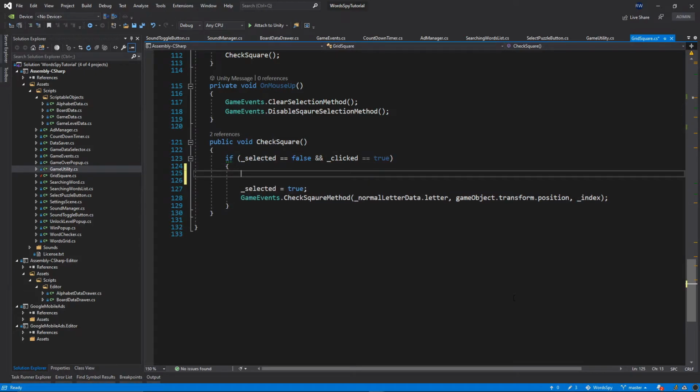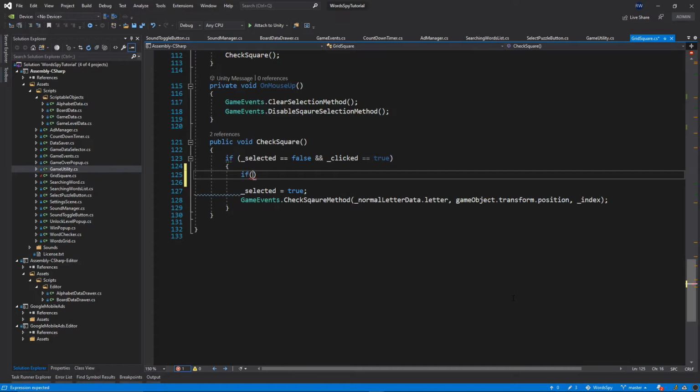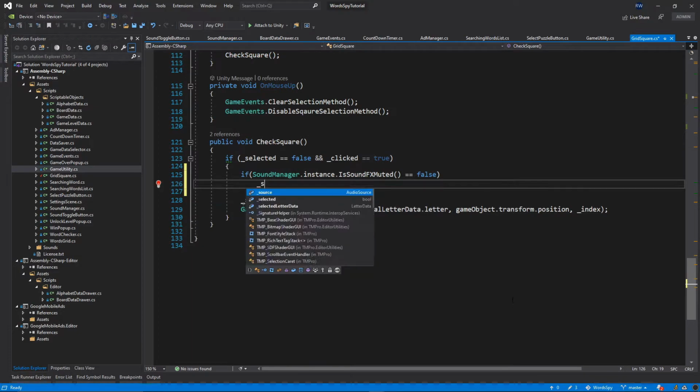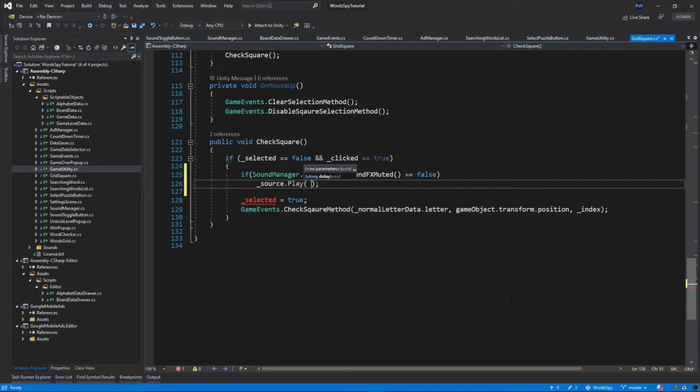So I will put if SoundManager.Instance.IsSoundEffectMuted == false. Make sure you put a double equal sign. We want to do source.Play. So we're going to play the sound only if the sound is not muted.